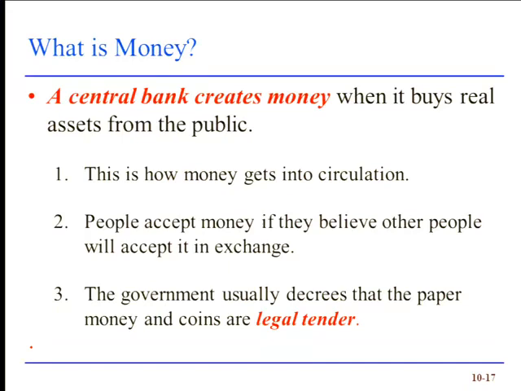Now, in the United States, the government's gone a little bit further. If you take out a dollar of any denomination, and you look in the lower left-hand corner in the tiny print, it will say, this note is legal tender for all debts, public and private. Not only can you pay your taxes or any debts you owe the government with paper U.S. money, you can pay anybody in the United States under a debt contract that's denominated in U.S. dollars with those pieces of paper.